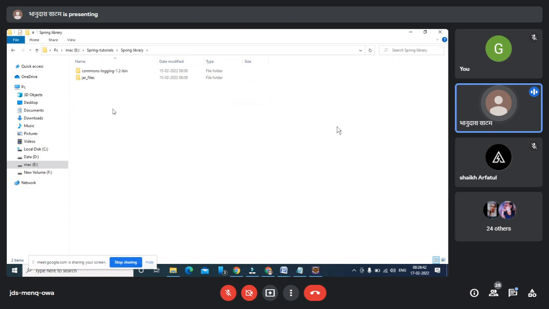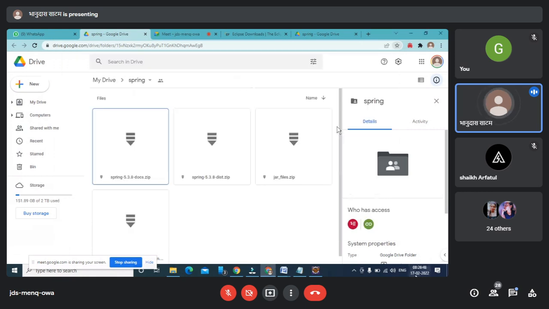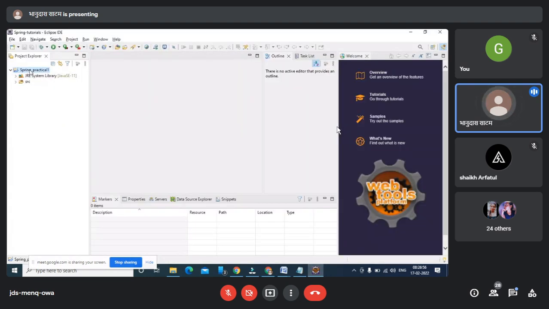So these are the three things I require to run any Spring application. All frameworks are downloaded here. Now I'm going to add this here. So this is very important.